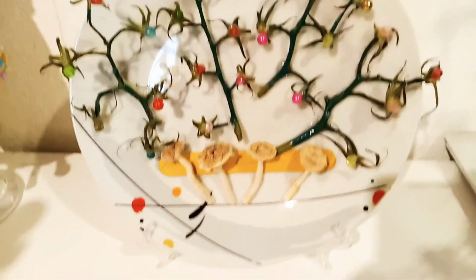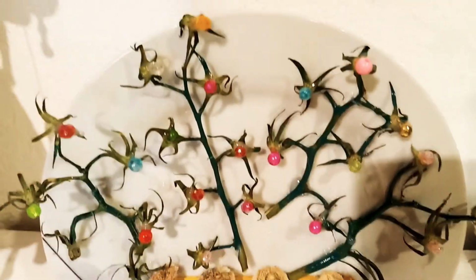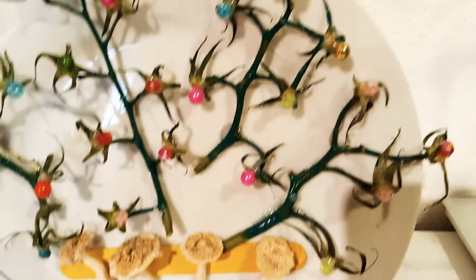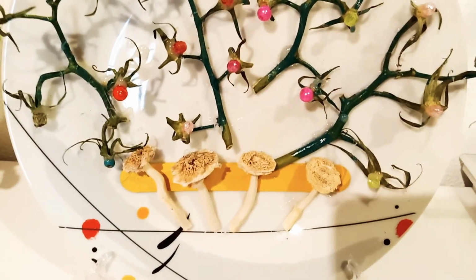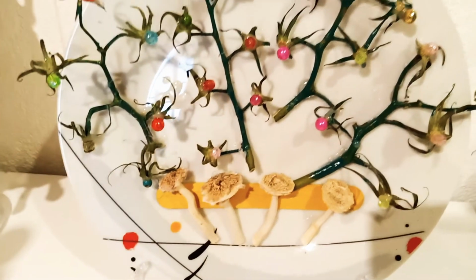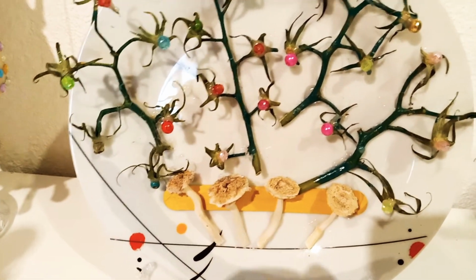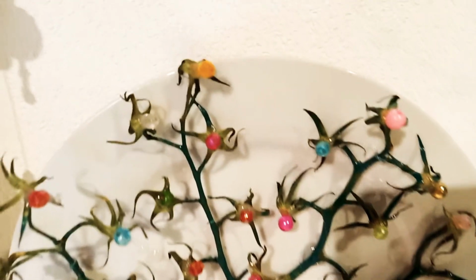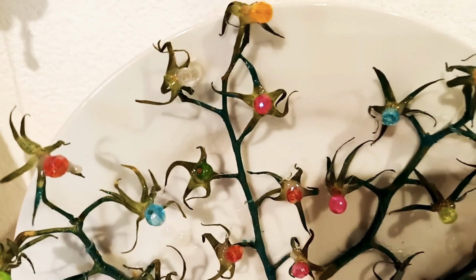This will serve as your home decoration or table centerpiece. So I hope guys you get an idea on how to recycle your waste material from the tomatoes, from the garlic, and from the waste material from the popsicle, and you can transform it like this